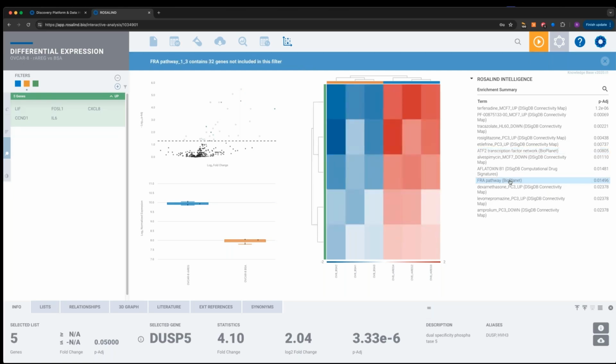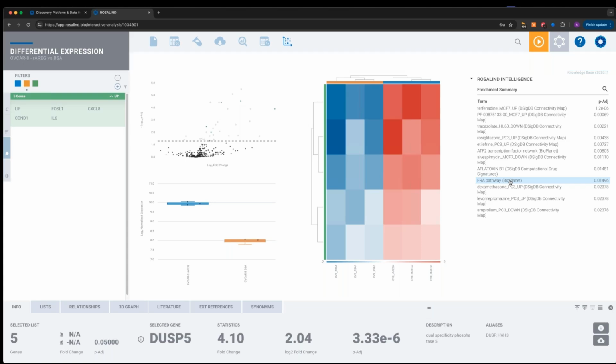So that is our approach to pathway analysis in the platform. We want to take your targeted data, apply 50 additional knowledge bases, thousands of terms, and apply intelligence to it so you can extract as much information out of that as possible and get novel insights that you might miss if you were doing just the traditional GSA-only approach. So that's the Rosalind Intelligence approach to our pathway analysis.